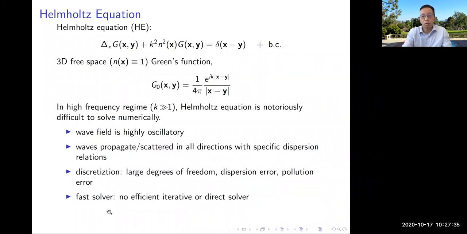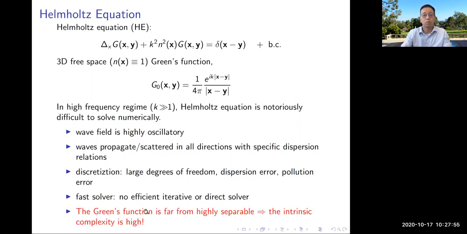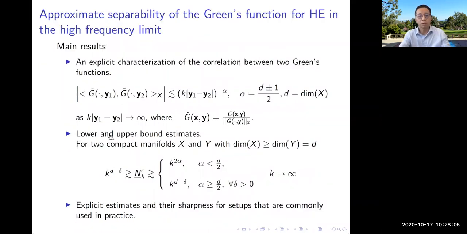Fast solver: you see there are no efficient iterative solvers. For elliptic ones, you apply it and it doesn't work. Direct solvers, like multifrontal or HSS, for a general medium don't work. Basically, when you push all the unknowns to the boundary, that matrix is still dense, with no low rank approximation. And what we try to show, from this new perspective, is that the Green's function is far from highly separable. I'm going to need to finish up with this summary of our result, because all the later material will be more technical, and then I will stop.